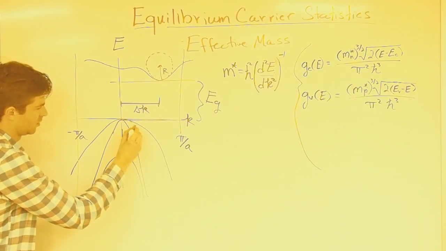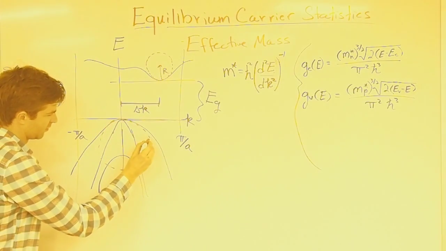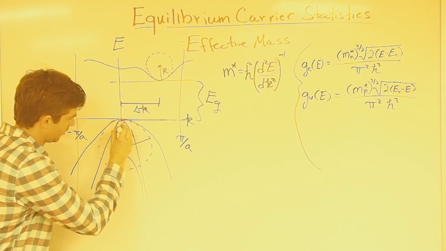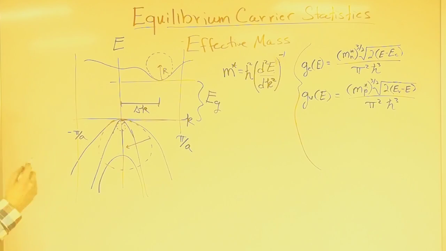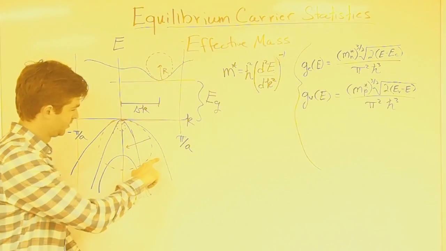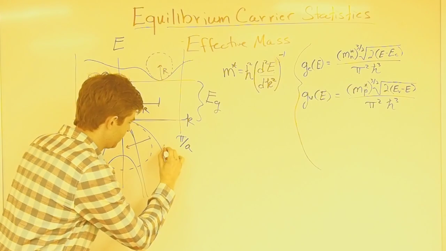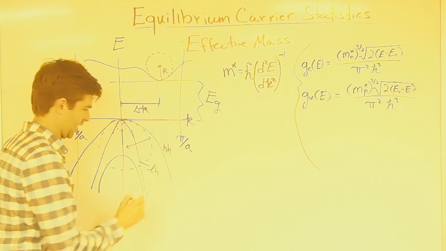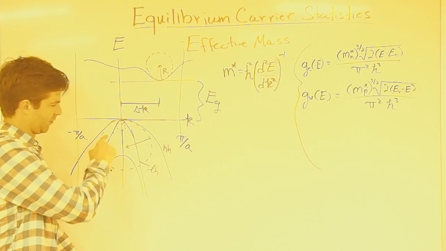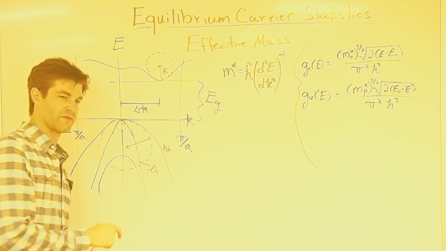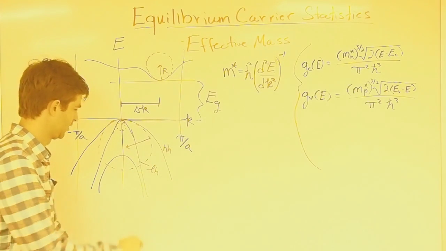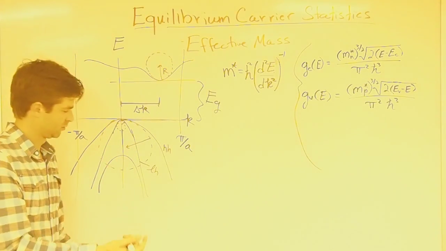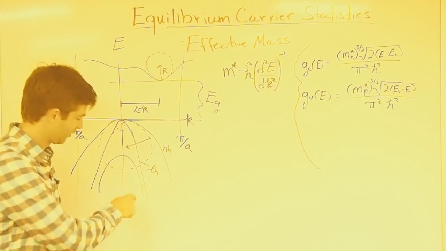So for this top band, we have a large radius of curvature. For this band under here, small radius of curvature. So we call this band the heavy hole band, and we call this band the light hole band. Large radius of curvature, large effective mass, heavier effective mass. Small radius of curvature, or large curvature, has light effective mass. We call this the split-off band,